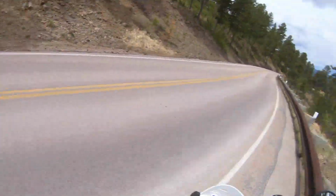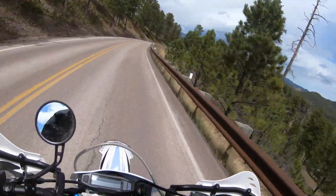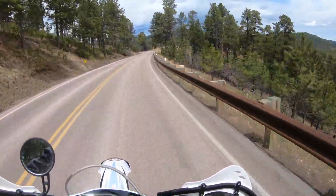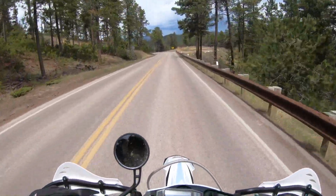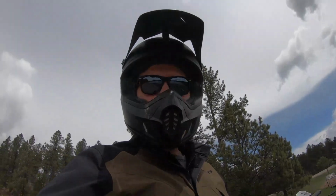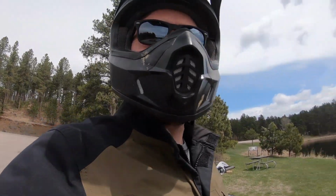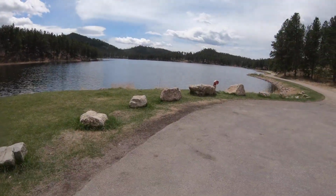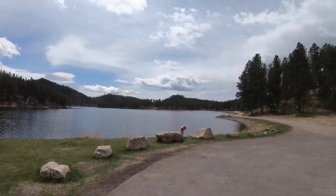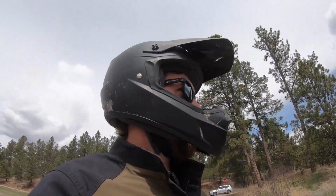Nice view. Okay, so I just wanted to stop. We're up here in Custer State Park. I believe this is Stockade Lake, I think. Pretty nice spot. Anyway, stop and talk about the GPX for a minute, since we're out on a dual sport